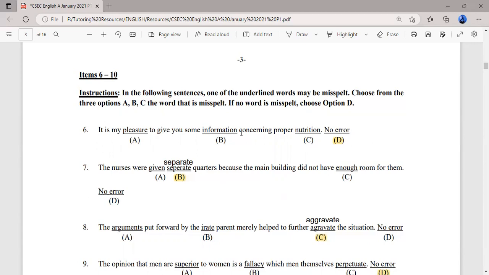Number 7, the nurses were given separate quarters because the main building did not have enough room for them. Now, separate is a word that can give you trouble, mixing the A with the E, but the correct spelling is separate, separate. So, especially as Caribbean students, we might have trouble spelling certain English words correctly or replacing certain words